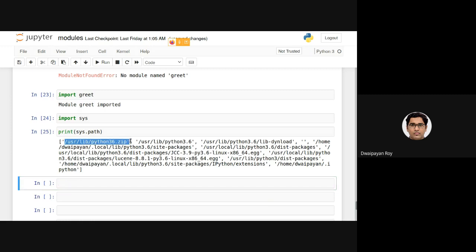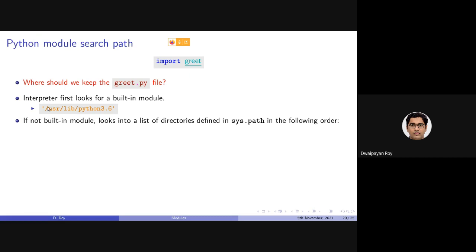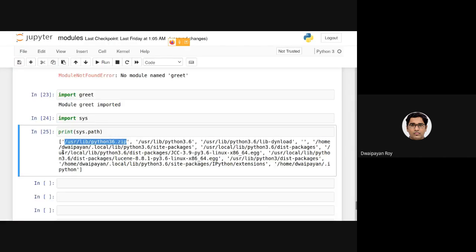So after looking at the Python built-in module path, it will look at this path, then this path, then this path, and so on. These are the defined paths based on your Python version. I am using Python 3.6. That's why you can see all these are usr lib python3.6, and so on, and all its variants.